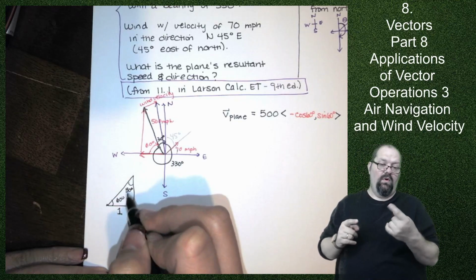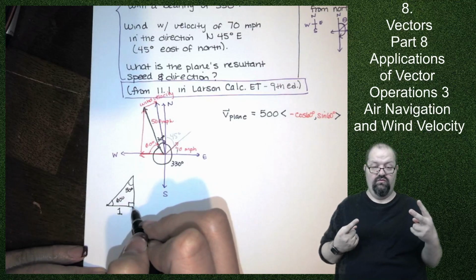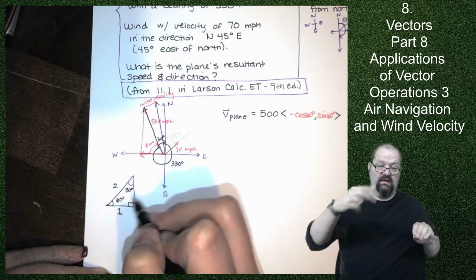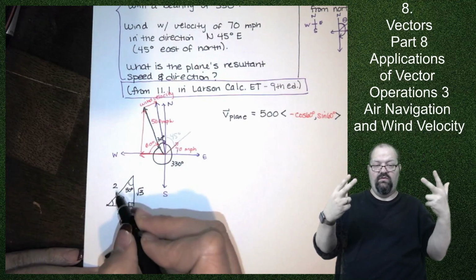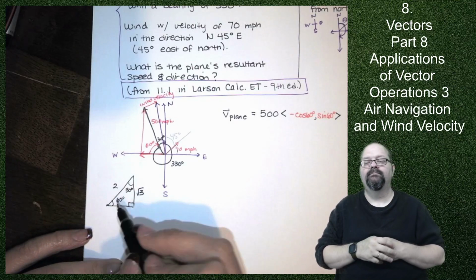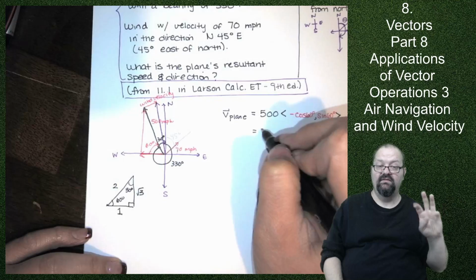In a 30, 60, 90 triangle, the side lengths are 1, 2, and square root of 3. Opposite the 90, that's the longest one, it's 2, and the square root of 3 is in the middle. Square root of 3 is between square root of 1 and square root of 4. It's opposite the 60. So if I want cosine and sine of 60, which is what I need over here,